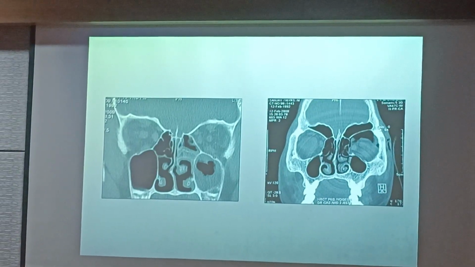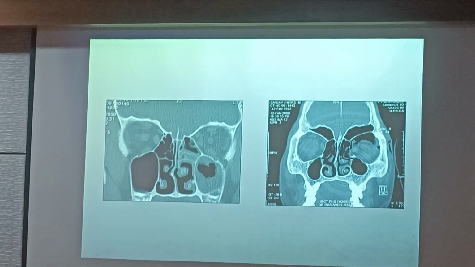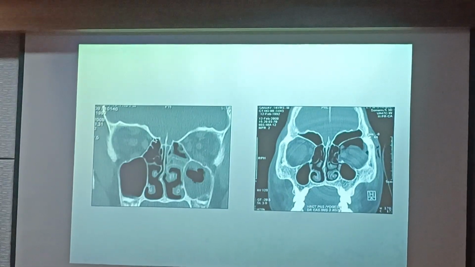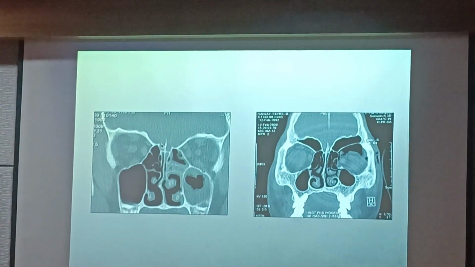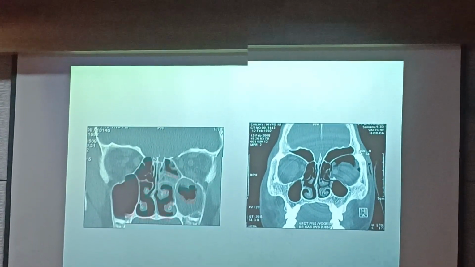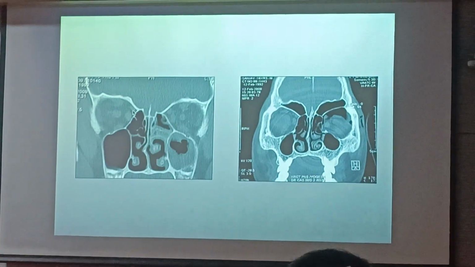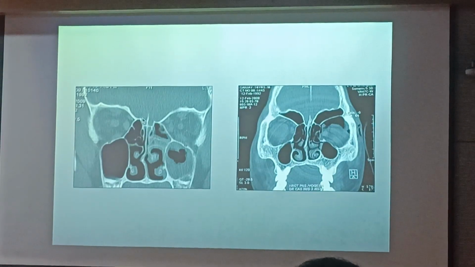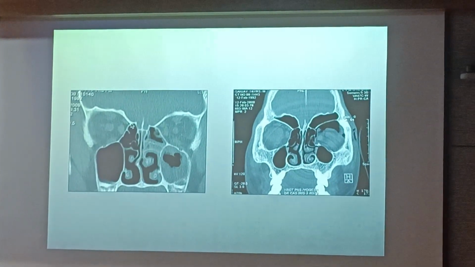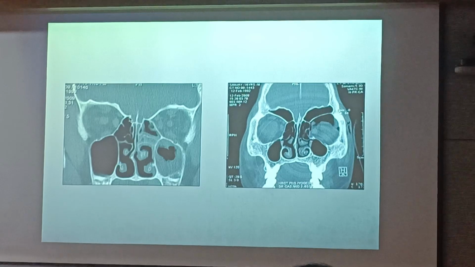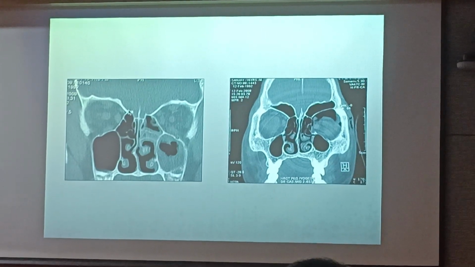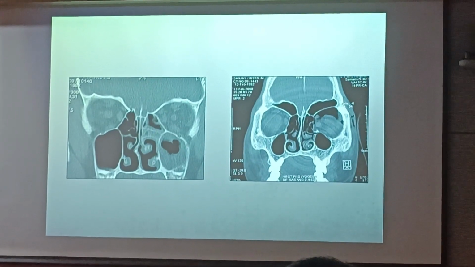So this is the orbitocranial canal. This is where the anterior ethmoidal artery is going from the orbit to intracranially. This is what we saw in the osteology lecture. We talked about it. Okay, so this is the anterior ethmoidal artery going from the orbit intracranially. So the orbitocranial canal, and this is lying in the skull base. Now, as opposed to that,